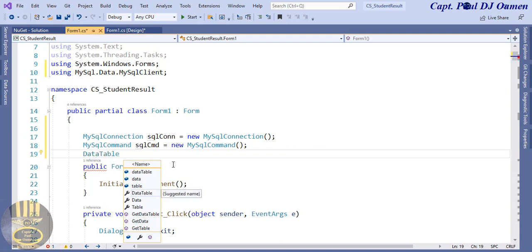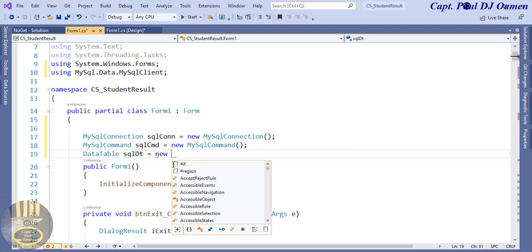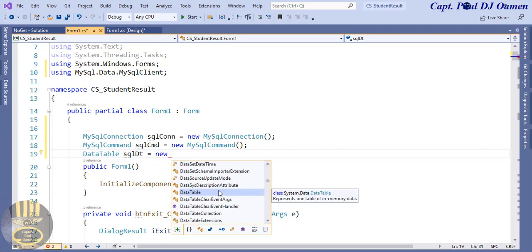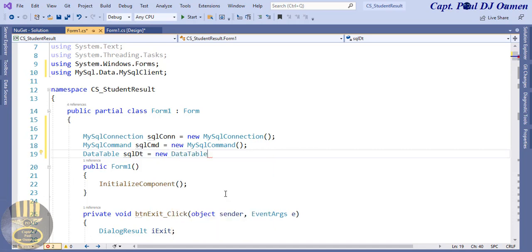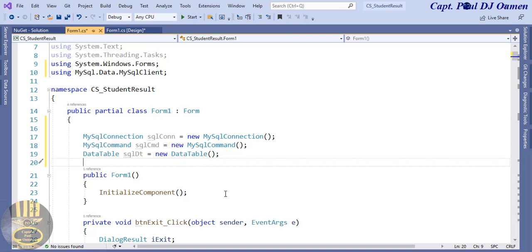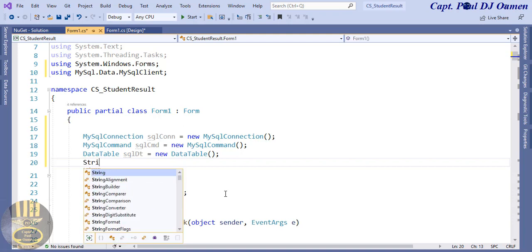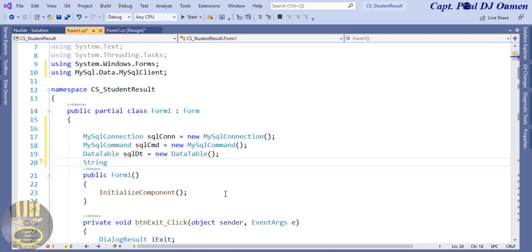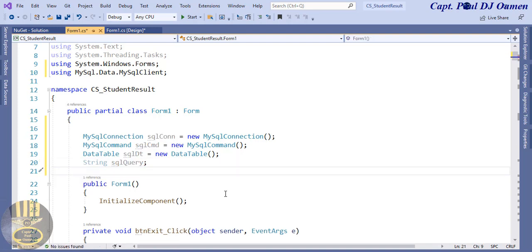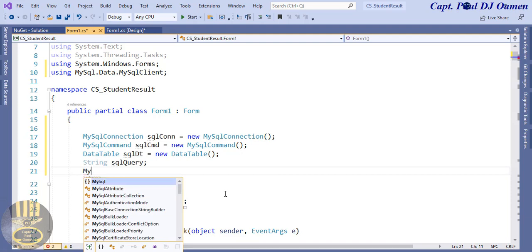Now just call that SQL DT, and that is going to be equals new data table parenthesis. There. Now I'm just going to create one string variable there that I'm going to use for my query. That is it, done. Now let's also get MySQL